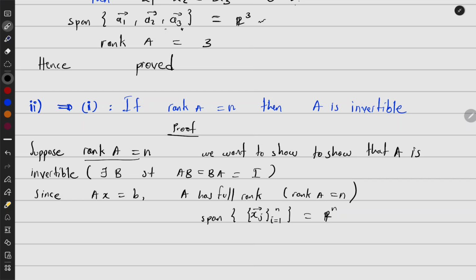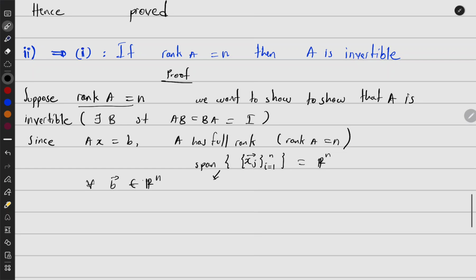So this means that for any vector B in Rn,